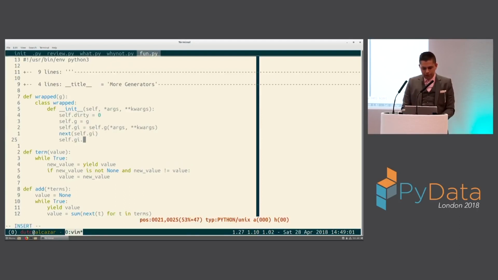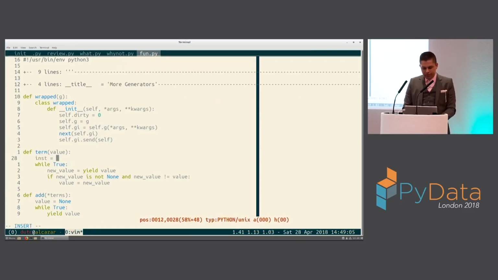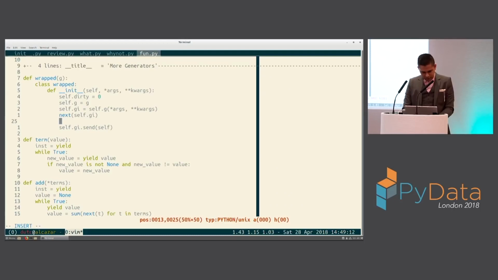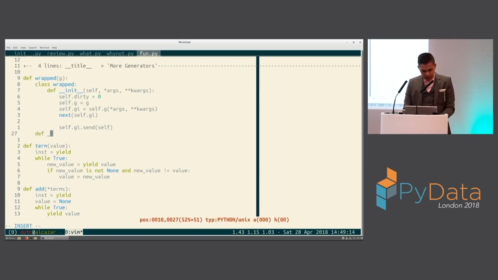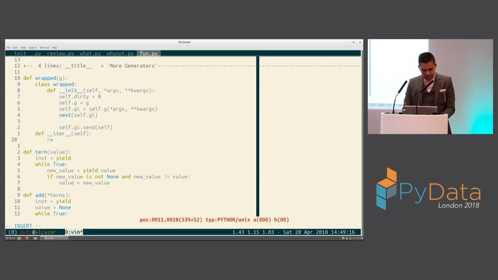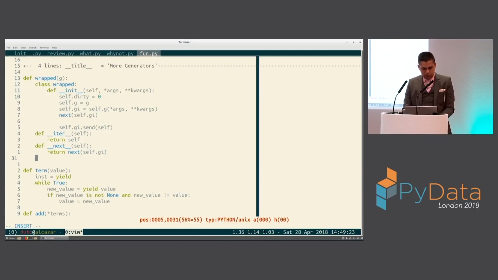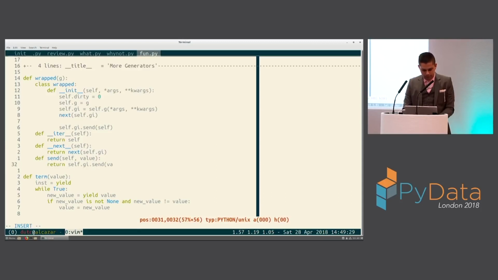We'll do something kind of interesting. We'll send our self into this, so we can do something like this. At the top of each of these generators, we can actually keep track of the state of it itself. Okay? And the rest of this is fairly boilerplate. And we won't implement the entire protocol. Okay? And we do something like that.